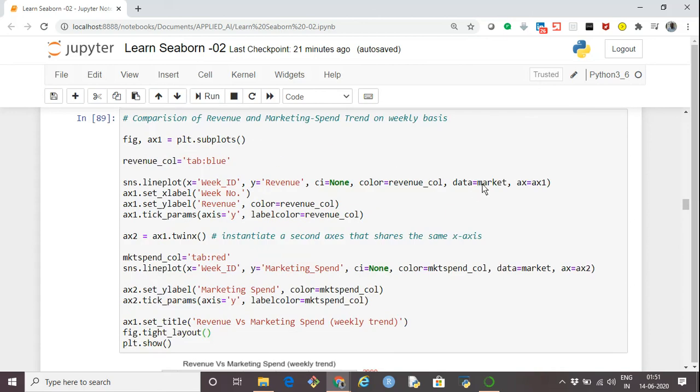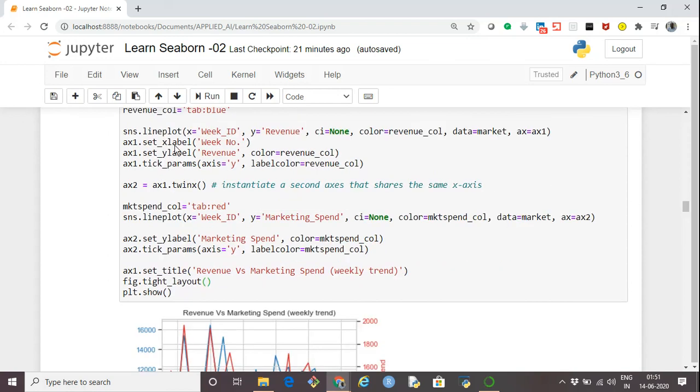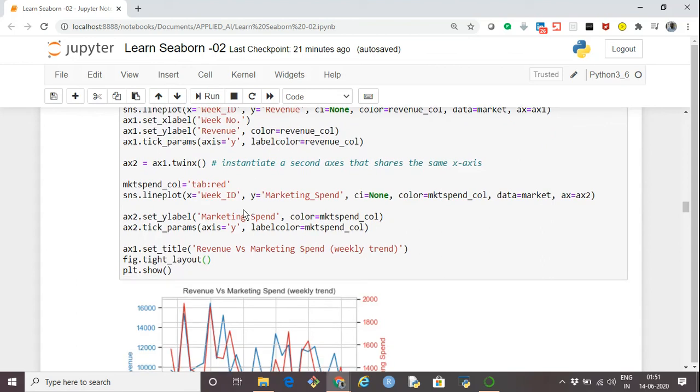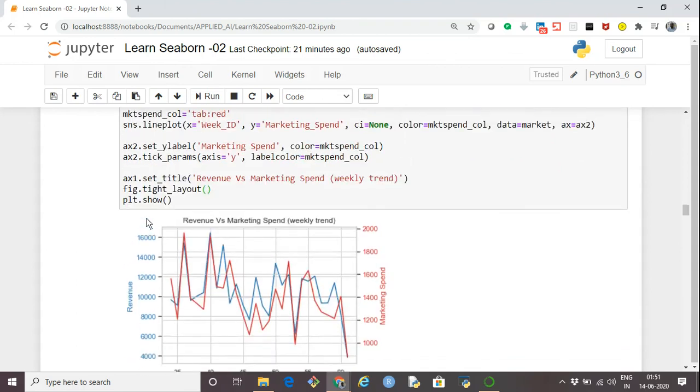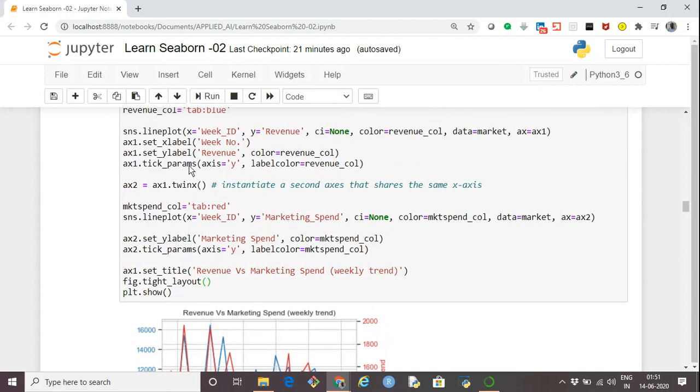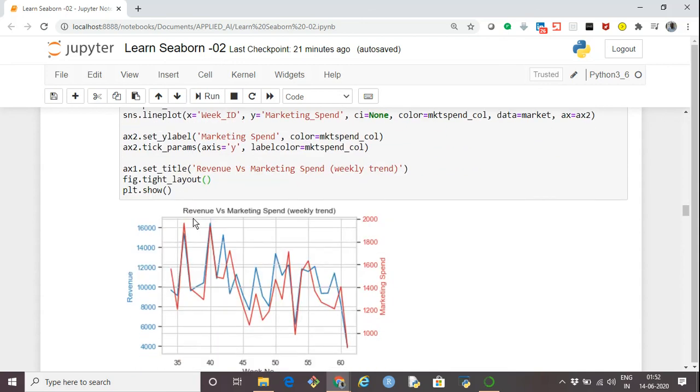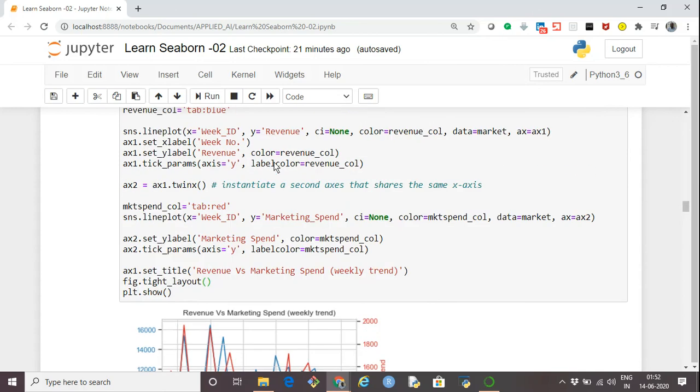Now data is coming from the market data frame, and this should be on the first axis. This figure will have two axes, so I want the first plot to appear on the first axis, so ax equals ax1. Now I'm setting the x label as week number and the y label as revenue, and the color of this y label should be based on the revenue color.